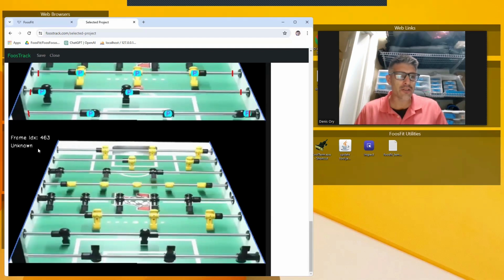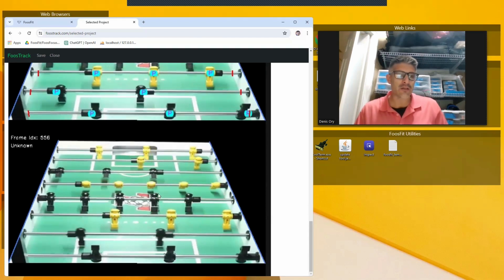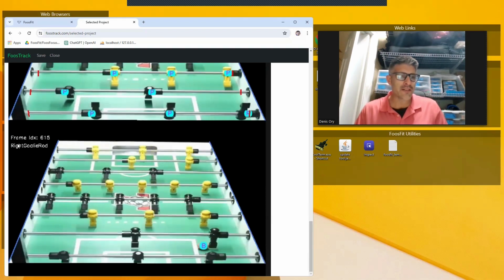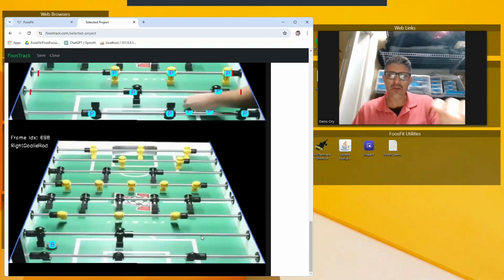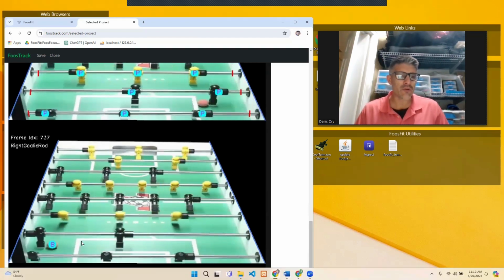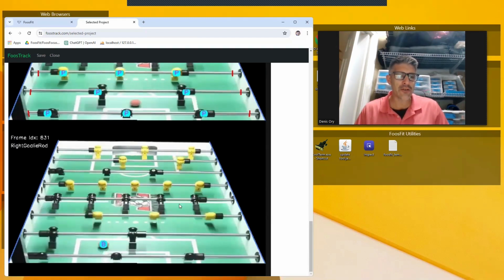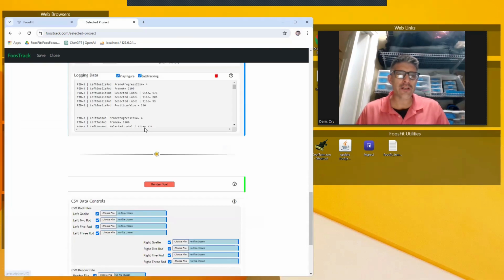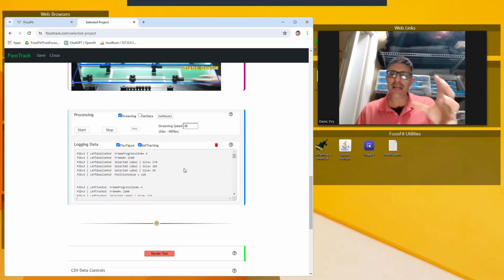And it's showing you that the ball is currently unknown because it just got scored on right there. So when they start the next cycle, like here's an example, there's the ball there. Must have got thrown off the table. It says it's in the right goalie rod, right? I define it by region, but you can actually define two rod goalie, but it's unnecessary. So right now it's in the right goalie rod. So if they were to shoot it, this thing will change here. Now, the idea is that once it's all done processing, it will pop up a series of things saying, where do you want to save this data? And then once the data is saved in your computer,